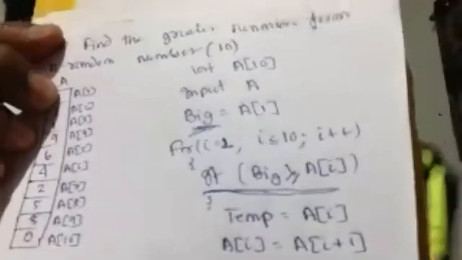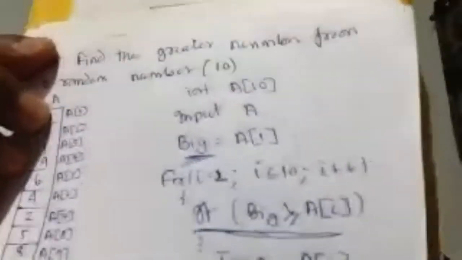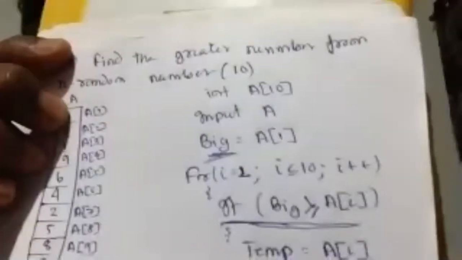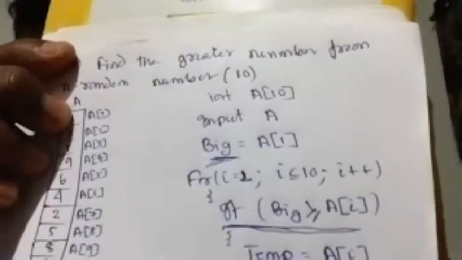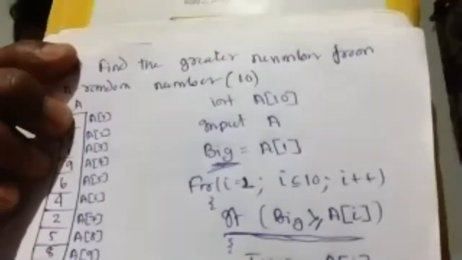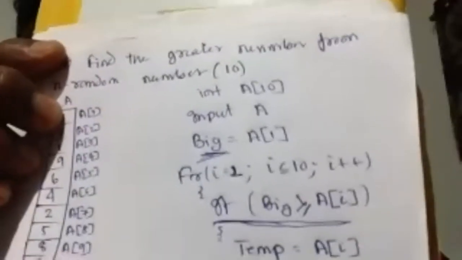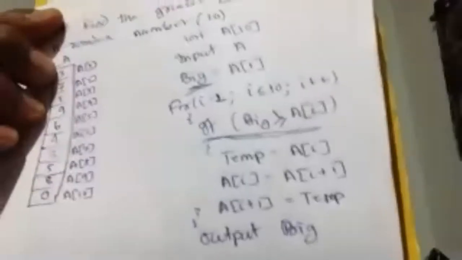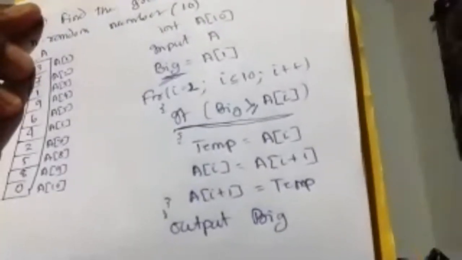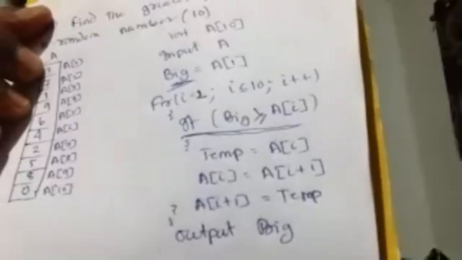I am not giving the syntax for input, you have to go through it. I am just giving input array A[i], and I have already discussed earlier how to input the array. And similarly, output also. Over.